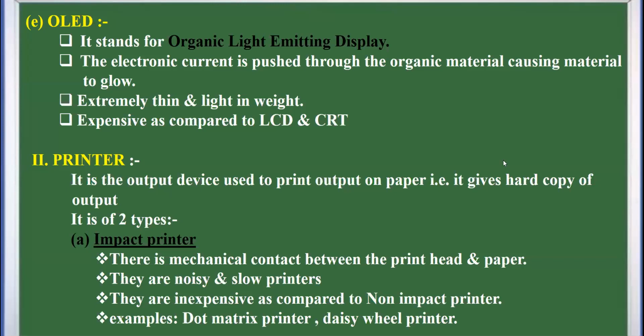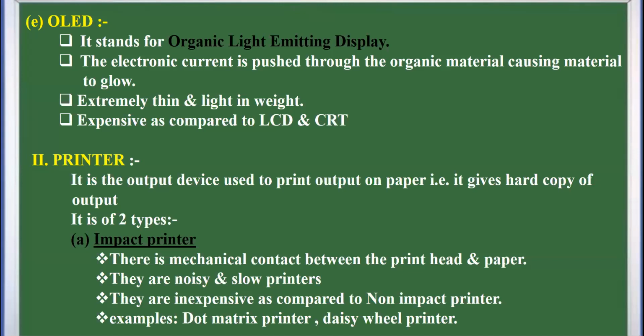Beta, a printer is a device that is used to print the hard copy of the output. Whatever you see on the screen, that is the soft copy I told you earlier. If you take the printout of that on the A4 size page, you will obtain the hard copy of the image that you can keep permanently in your records.